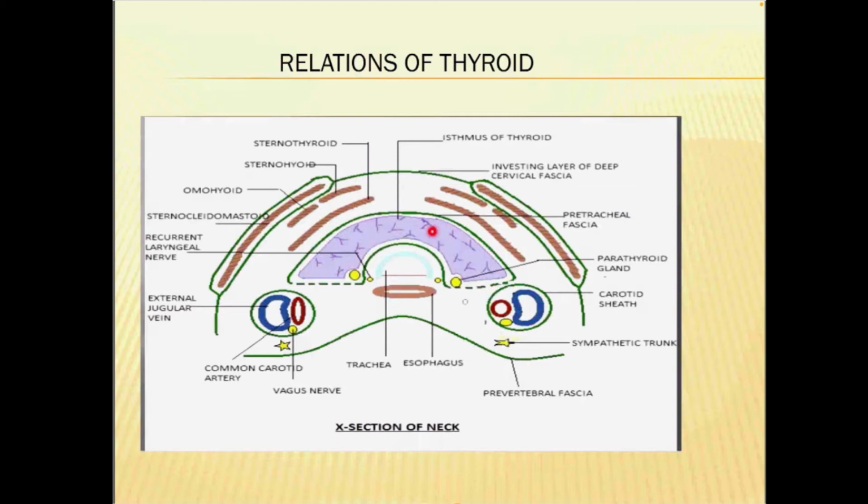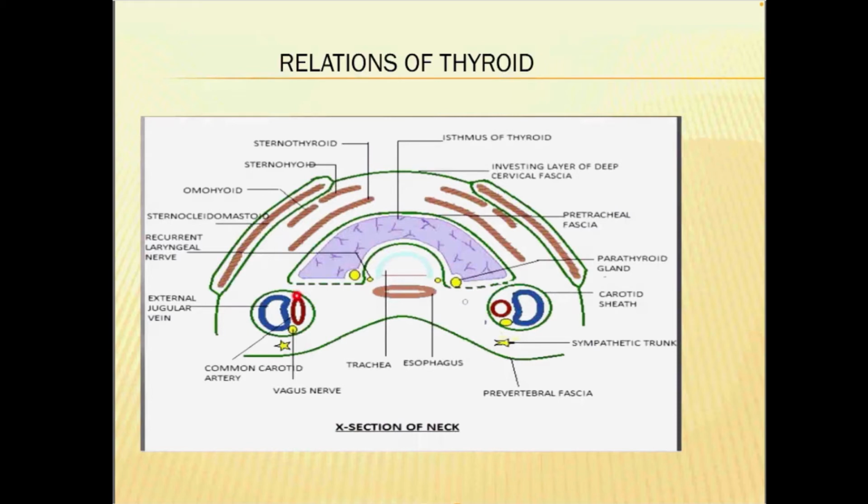Coming to the muscles, as a whole they are called the strap muscles of the neck. That includes the sternohyoid muscle, sternothyroid muscle, omohyoid muscle, and sternocleidomastoid muscle. The important muscles anterior to the thyroid gland are the sternocleidomastoid, omohyoid, sternohyoid and sternothyroid. You can remember it very easily. Just anterior to the thyroid gland is the sternothyroid, anterior to that are the two hyoid muscles, omohyoid and sternohyoid, and anterior most is the sternocleidomastoid.